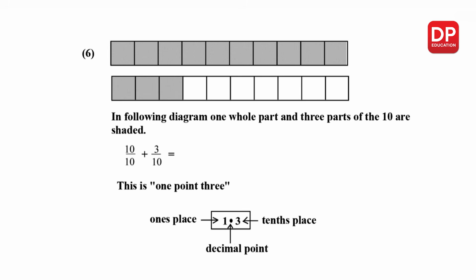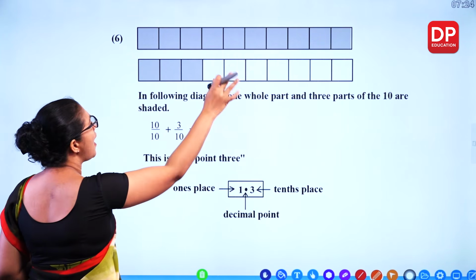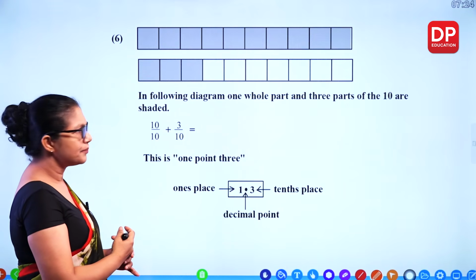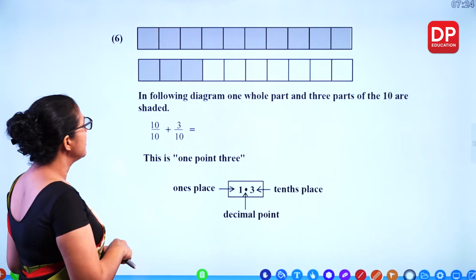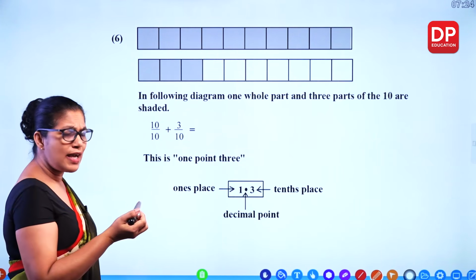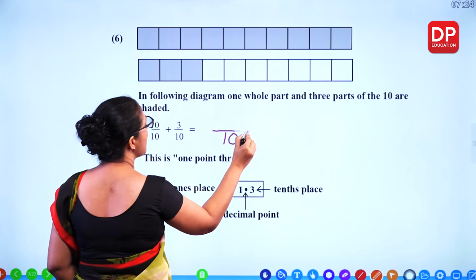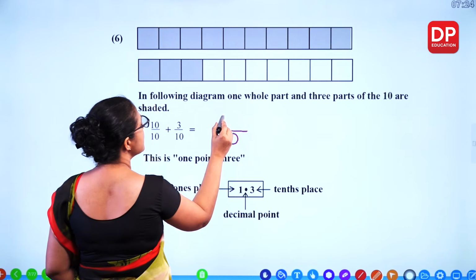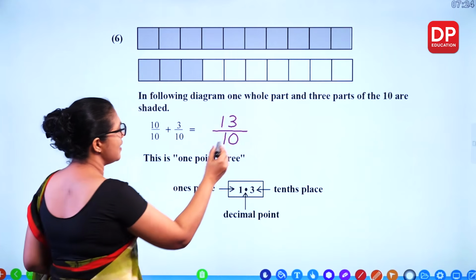Look at this diagram. In the following diagram, 1 whole part and 3 parts of the 10 are shaded. So 1 full part and 3 parts. So 1 full part means I can write 10 over 10. 3 parts out of 10, 3 over 10. So if you want to add these two, these are fraction addition. So 10 and 10 is the same denominator. This becomes 10 plus 3. That's 13. So what is 13 over 10? We can write as